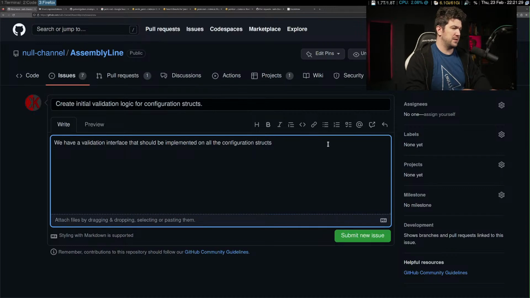We should have a validation interface that should be implemented on all the configuration structs. Initial implementation on pipeline struct is here. Pipeline should call validate on substructs.